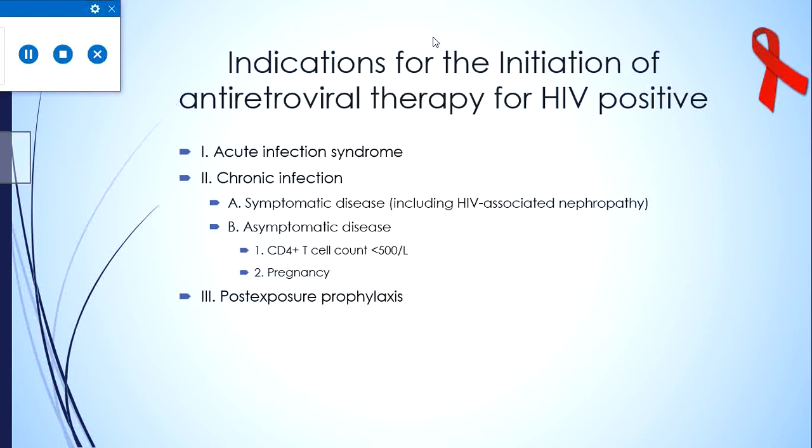And the third category is post-exposure prophylaxis. This is usually recommended when people have accidentally been exposed by sexual contact or by occupational exposure to HIV positive people, and it should be given as an emergency. It should be started within 72 hours of exposure, because after that the efficacy of starting antiretroviral therapy for preventing establishment of